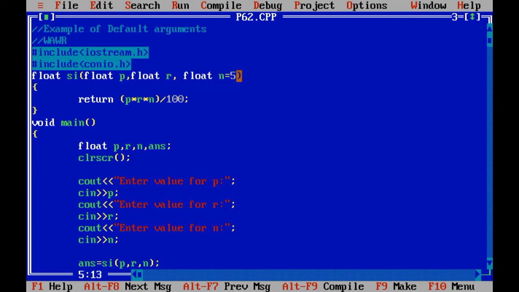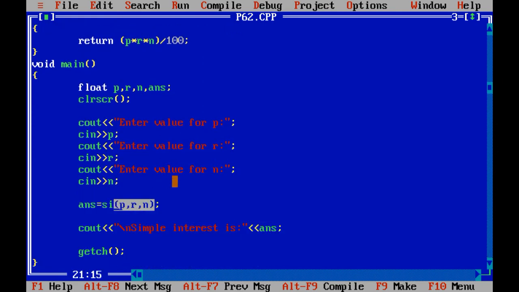That means once you give a value to r as the default argument, at that time you compulsorily need to assign values to the variable n. That is the first rule which you need to remember. Number 2, suppose you are passing values from the void main. See over here, I have passed the value of n, right? Then it will return me the result based on whatever value I have passed from void main.